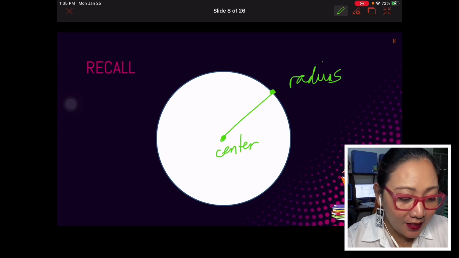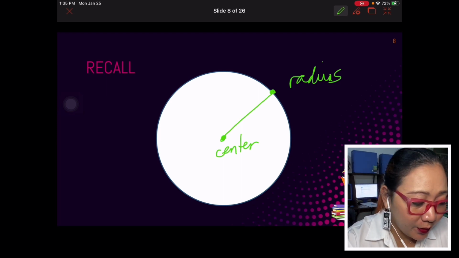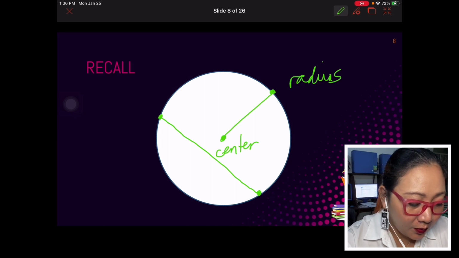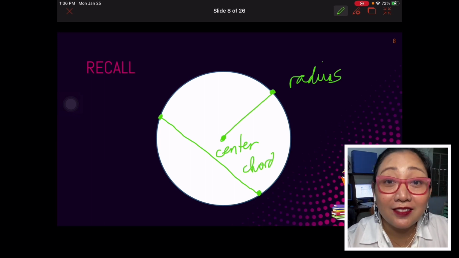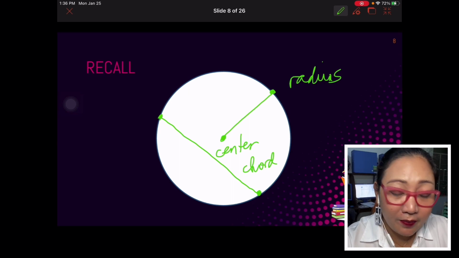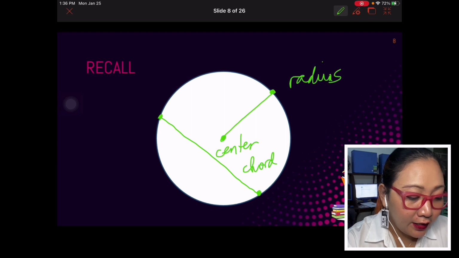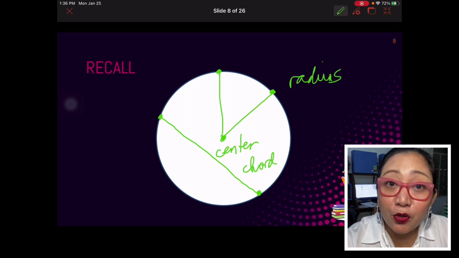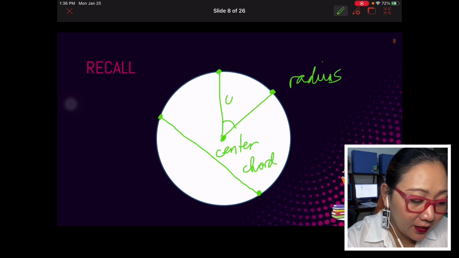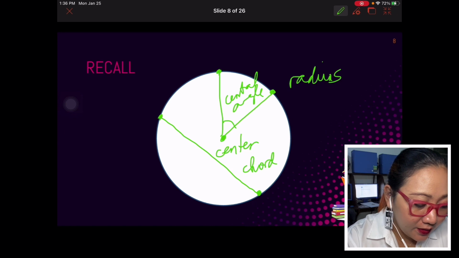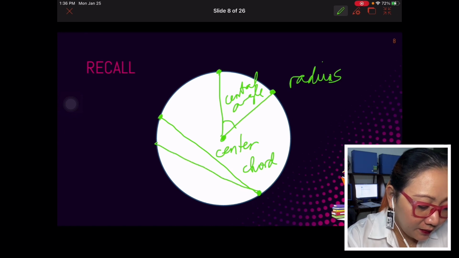Okay? And then, of course, the other segment that you can form is from one point on the circle to the other. At ang tawag naman po dito ay chord. Okay? So, you have your first segment, the radius, and then, of course, you have the chord. Now, kung meron po kayong dalawang radius, yung nabubuo po niyang angle, yan po yung tinatawag natin na central angle. Okay? And then, if you have two chords, ang nabubuo naman po niyan ay yung tinatawag natin na inscribed